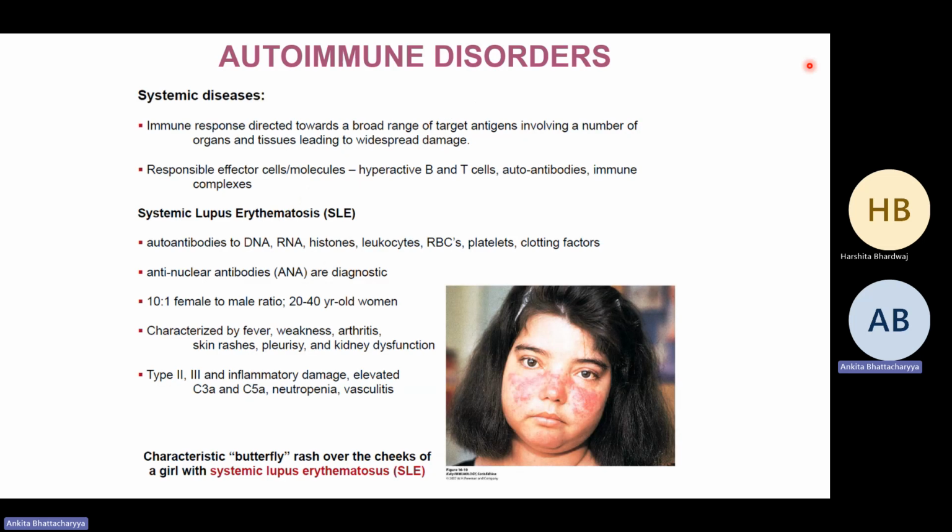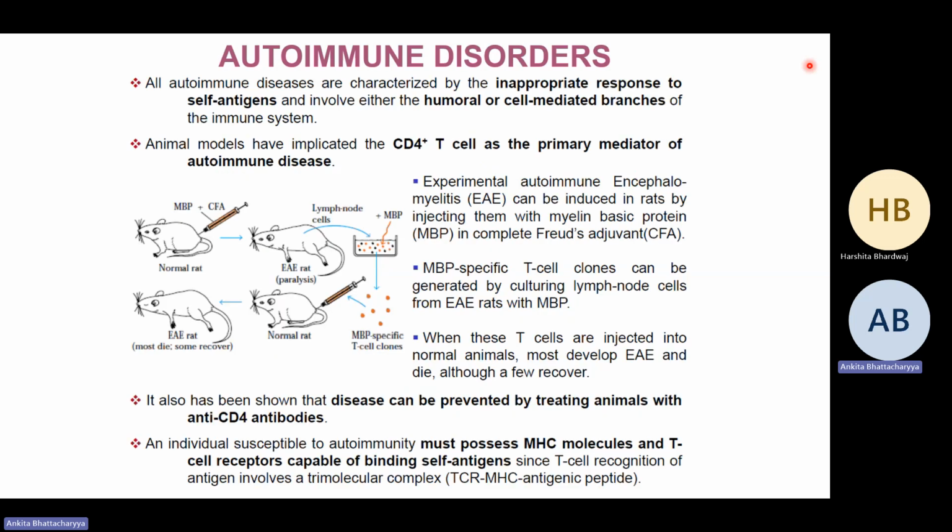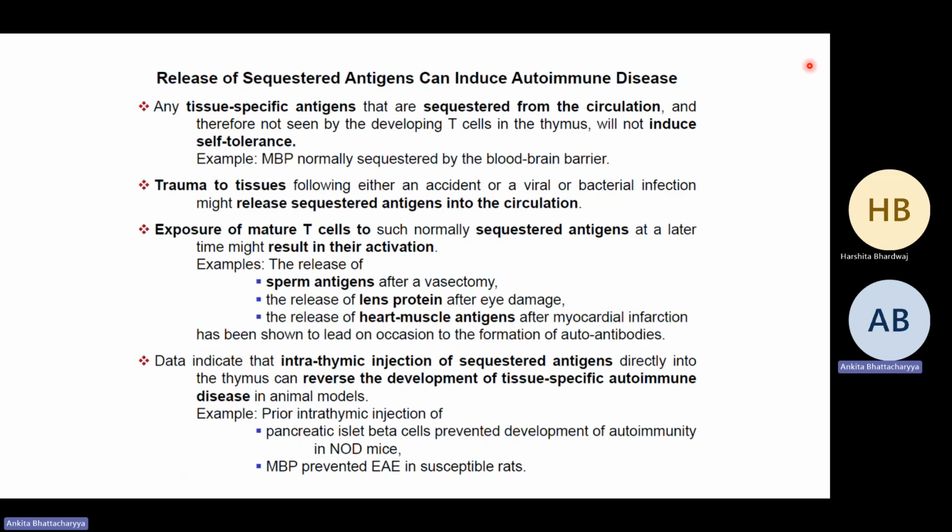Then we have systemic diseases, an example being systemic lupus erythematosus as the prime example for this condition as well. This was an example of the same. Finally, the release of sequestered antigens and how they could potentially induce autoimmune diseases